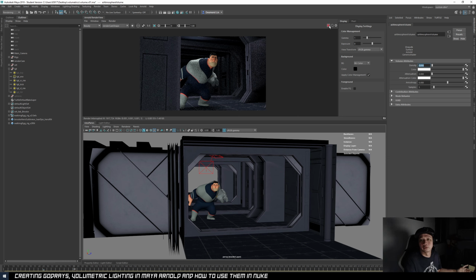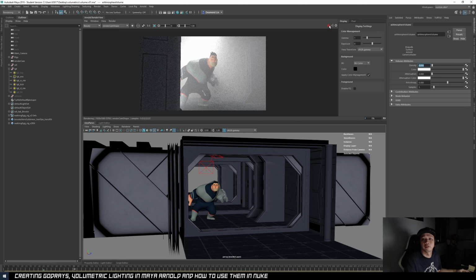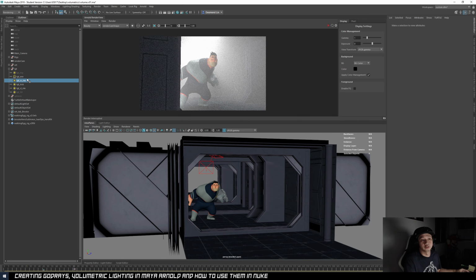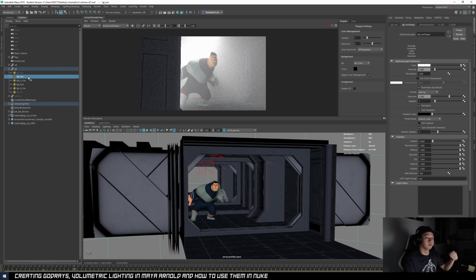Okay, so now if I were to render, my scene will be blasted with volume because all the existing light in the scene is contributing to it, right? So now I don't want to do it that way. I want to create a custom volume light just for the volume. That way I will not mess up the shaping that I have on my character, and I also can creatively position the volumes however I want.